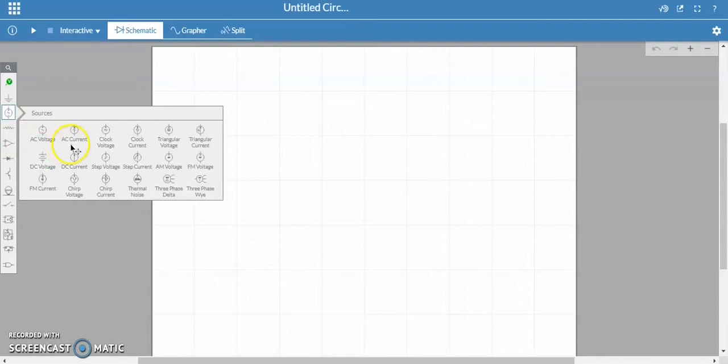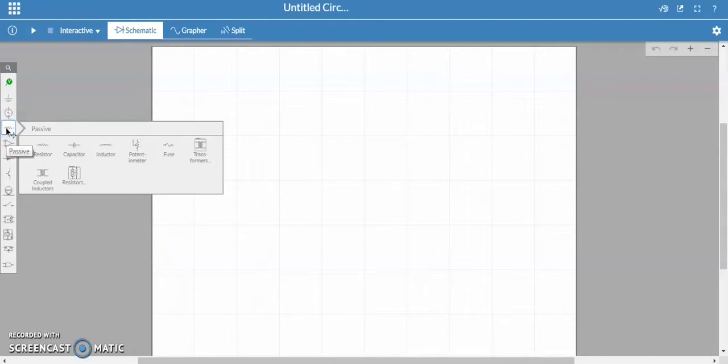Then we can see the ground button. Then we can see AC source, DC source, DC current source, AC current source. Just place these sources on this page.